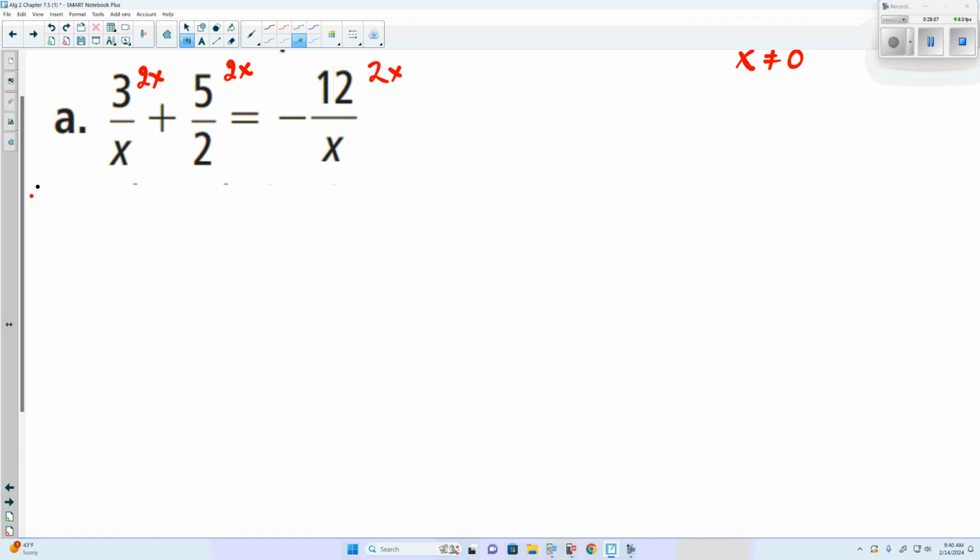Because when we multiply this here, the first one, the x and x would cancel, leaving us with 3 times 2, which is 6, plus our middle term, all the 2 and 2 would cancel, leaving us with 5x. That's instead going to be negative, but our x and x would cancel, leaving us with 12 times 2, which is